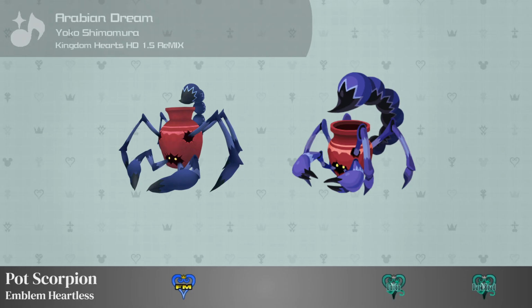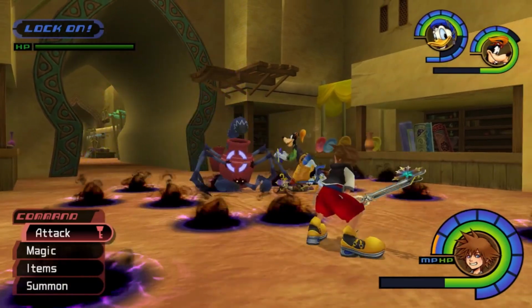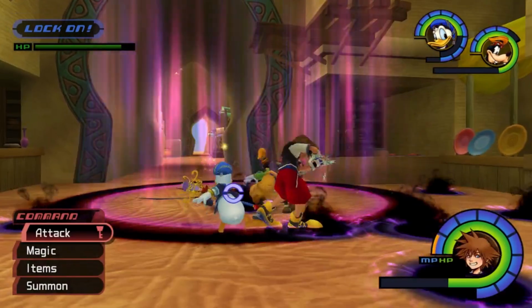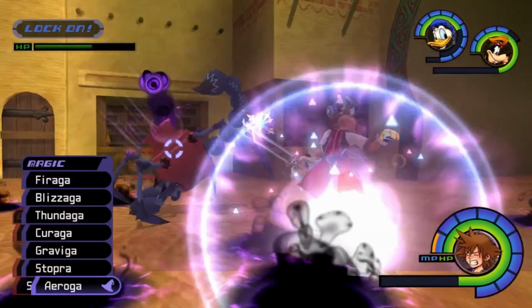Moving one step larger, we have the Pot Scorpion. As far as the Kingdom Hearts Final Mix Heartless are concerned, the Pot Scorpion is fairly straightforward. Evade its poison shots until you get the opportunity to block its melee attacks, leaving it open to attack. I always found this to be one of the more fun Final Mix fights, even if Aero invalidates his entire